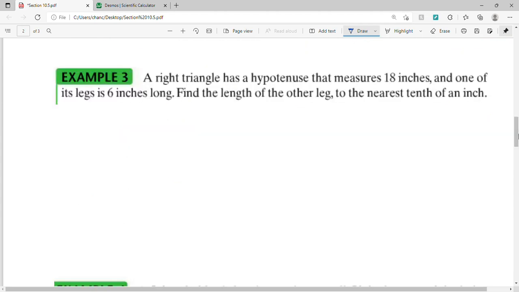In example 3, a right triangle has a hypotenuse that measures 18 inches and one of its legs is 6 inches long. Find the length of the other leg to the nearest tenth of an inch. First step is to draw a right triangle, which means it has a 90-degree angle. So this is a 90-degree angle. The hypotenuse, that's always opposite of the 90-degree angle, so that's the longest side of the right triangle. We know the hypotenuse is 18 inches,